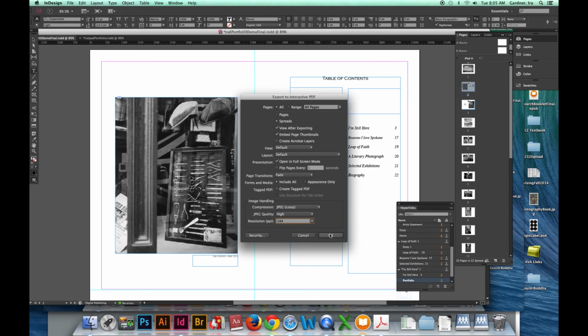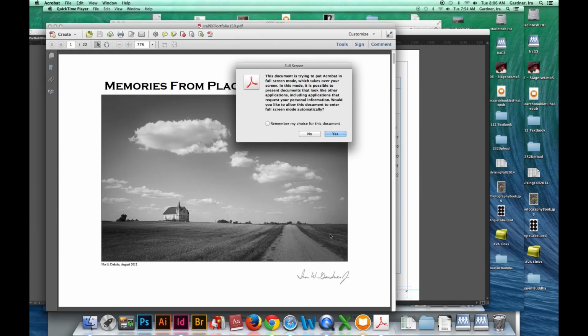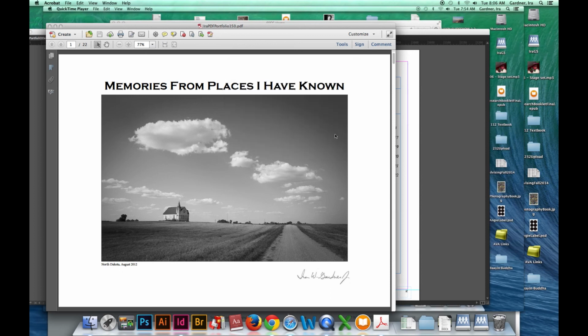And I'll go ahead and hit OK, and that's all there is to it for exporting a PDF file. What's nice about it though is after it's done exporting it, it will open it in Adobe Acrobat so that we can actually test our links out. So when it opens up in Adobe Player, it's going to say, do you want to allow it to go to full screen mode? And I will say yes for this time